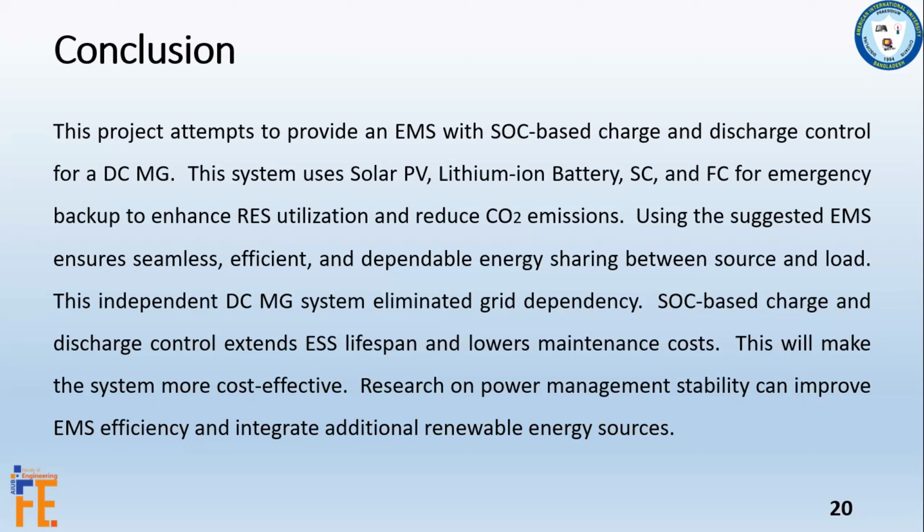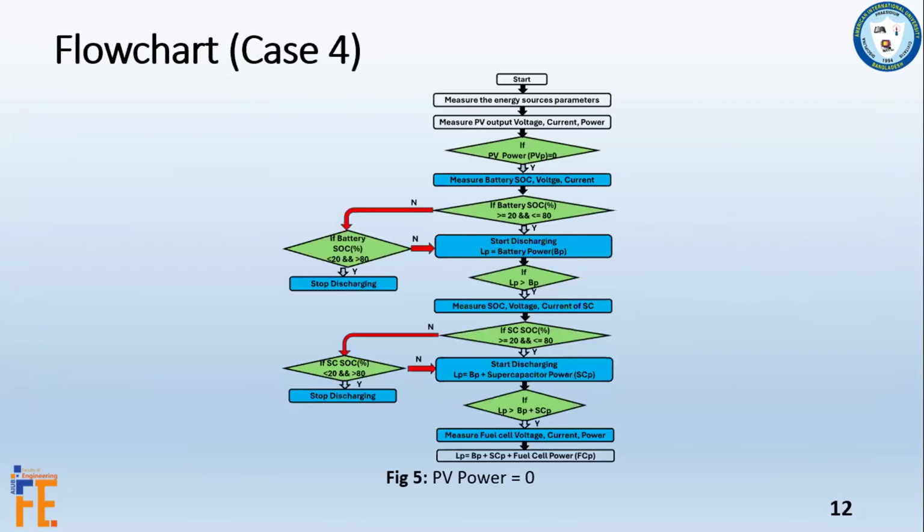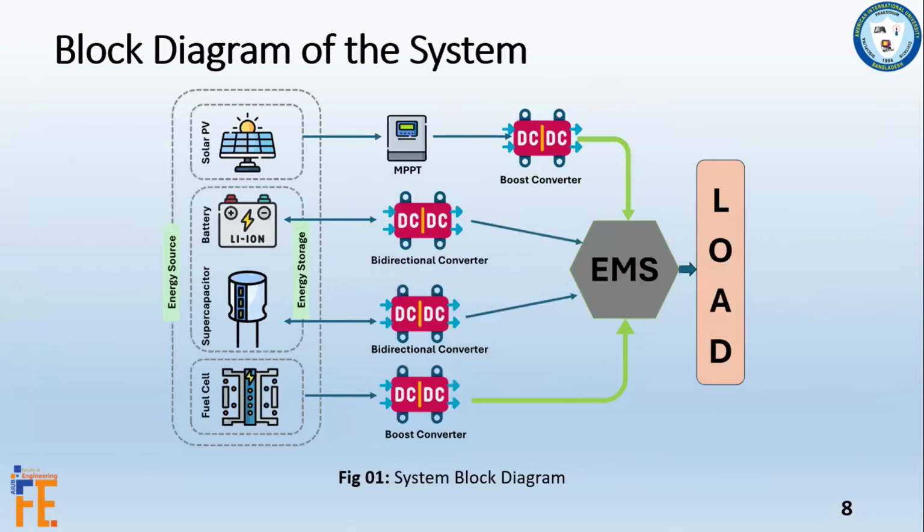Initially, I have simulated the system, and we are working on building an EMS physically so that we can practically implement it in the field. After that, we can compare the simulated result and the practical result. And we have considered the solar PV, battery, supercapacitor, and fuel cell. And this is our DC microgrid, sir. We haven't connected to the grid. Currently, it is under